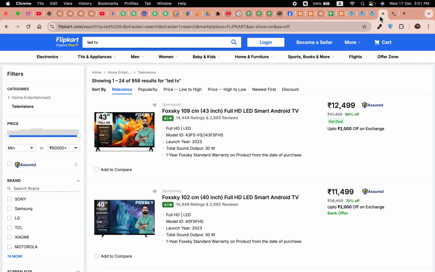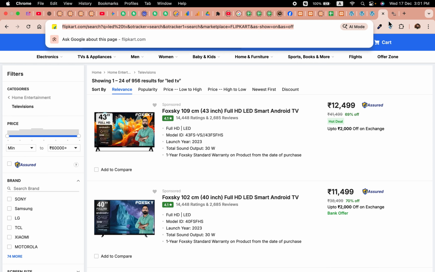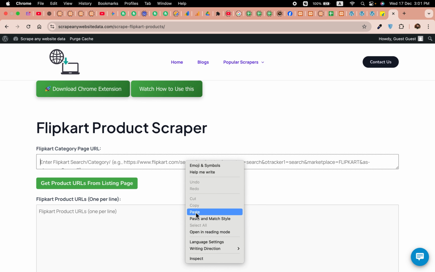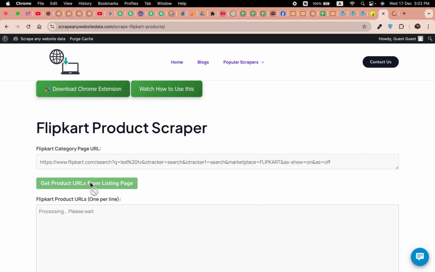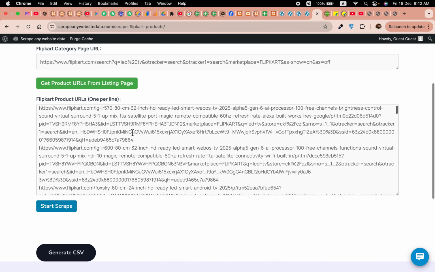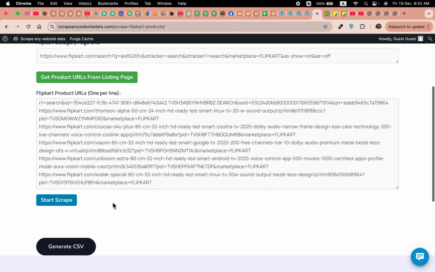Now go to Flipkart and copy this search URL. Paste the search URL into the search field and click on get products, and it got 29 unique product URLs from the Flipkart products page. So here are all the URLs which are automatically populated in this field, and now when you click on start